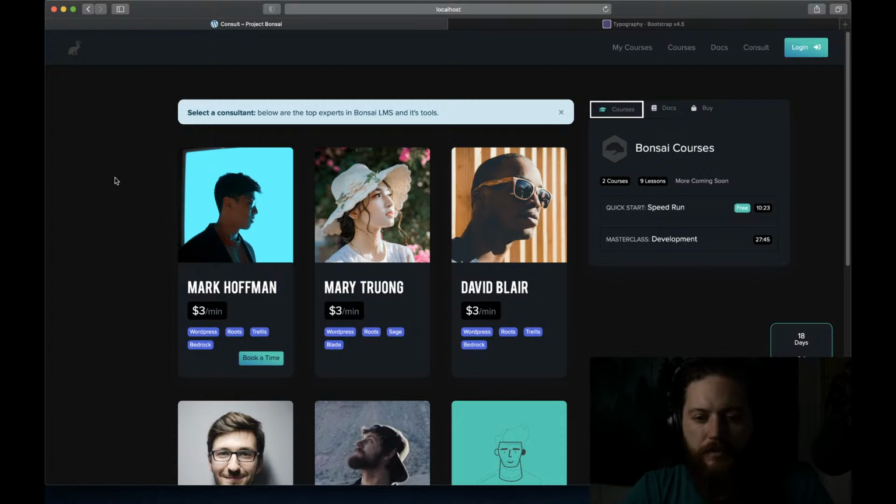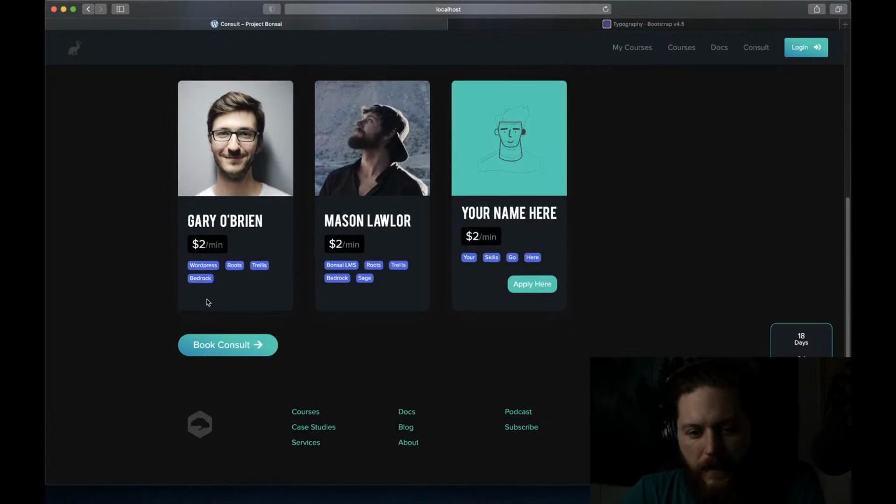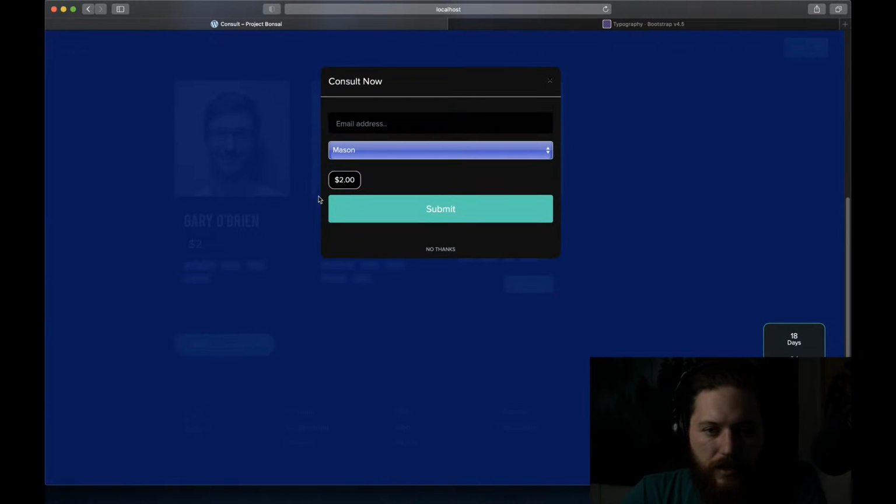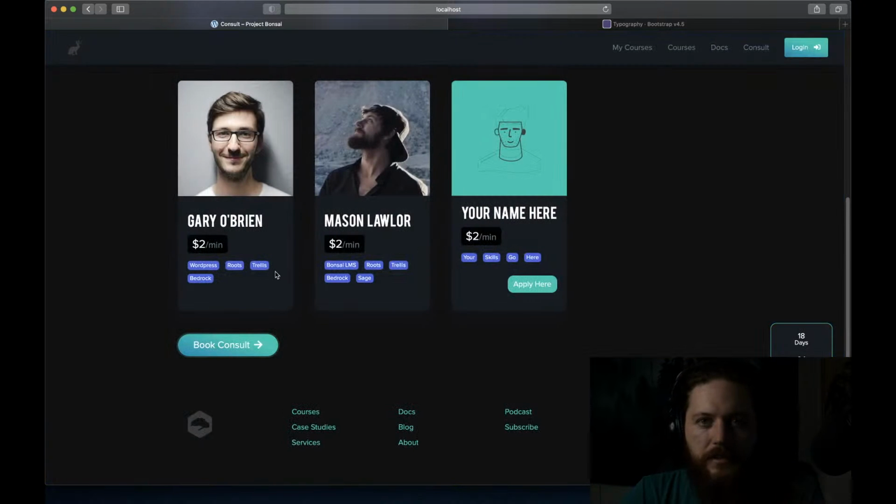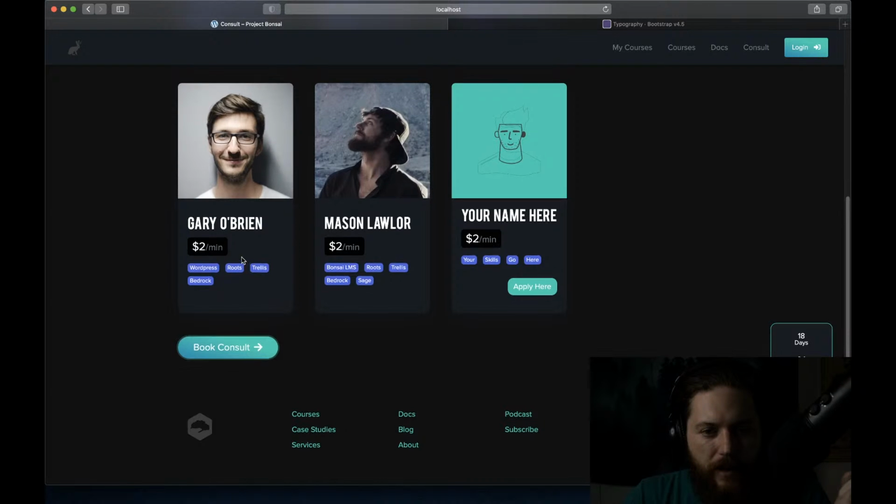It's going to involve some testing, but I've got it automated right now, so you can come in here, book a consult, and select the person you want. I still need to add the quantity for the block of time. Then you submit it, and it will send you a Calendly link where you click, go to Calendly, and schedule your block of time. Then it automatically sends you a Zoom link, and voila, it's already automated. I'll do some things to make it more automated and even easier to use down the road, but for now,